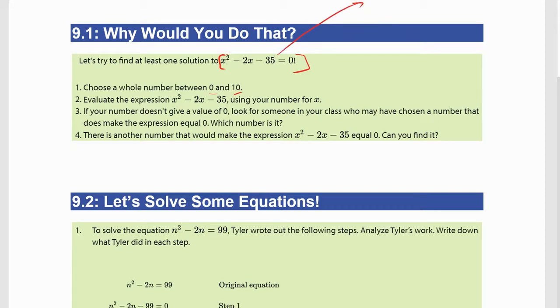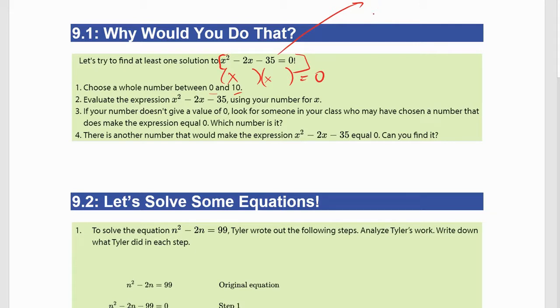All right, so what times each other, that's a multiplication symbol, would give you a negative 35, but also at the same time have to add up to a negative 2. So go ahead and try to figure that out. Your answer should be in factored form, right? And yes, x squared, so x times x, would definitely be the start of all of it. So go ahead and try to figure out what your numbers would be